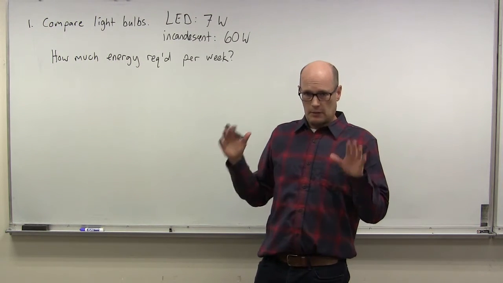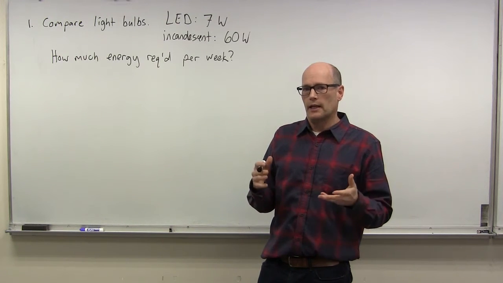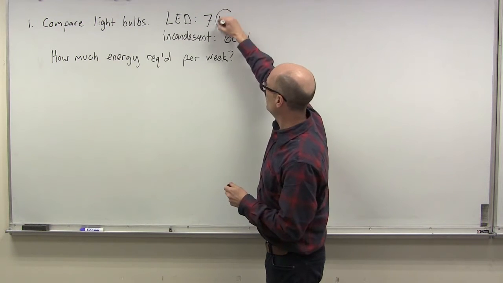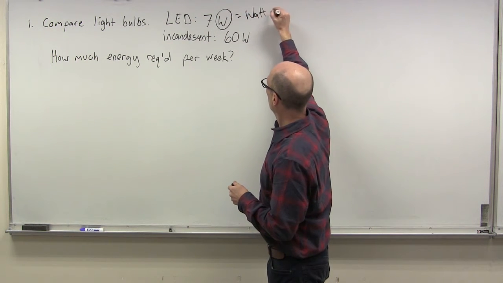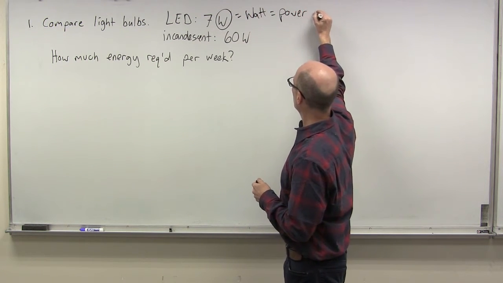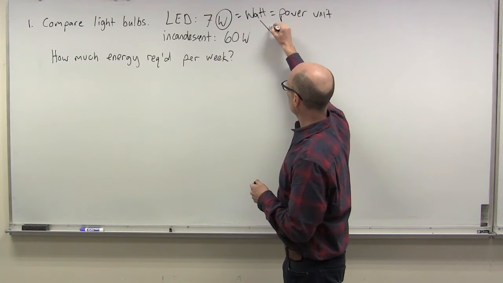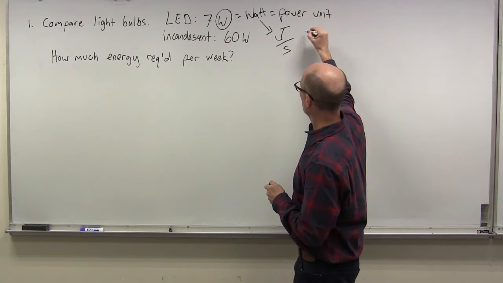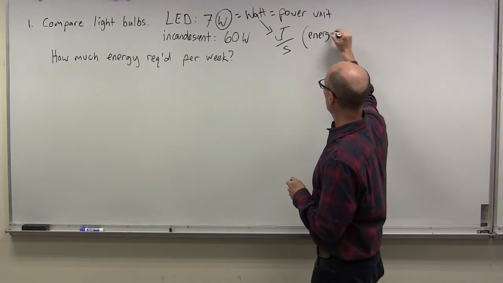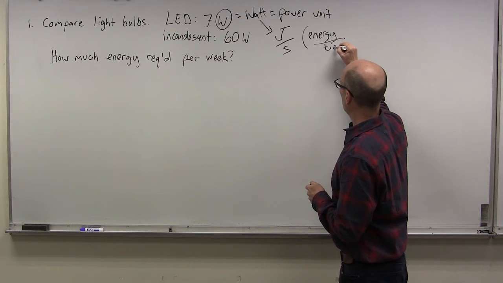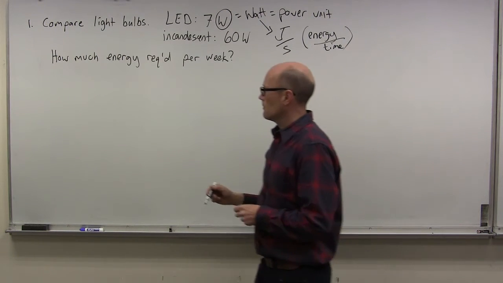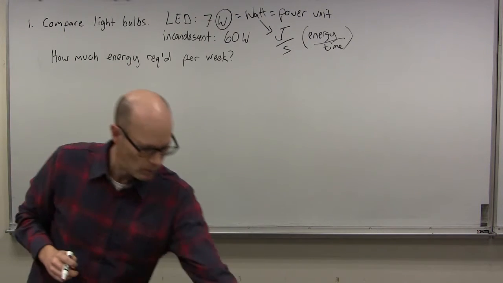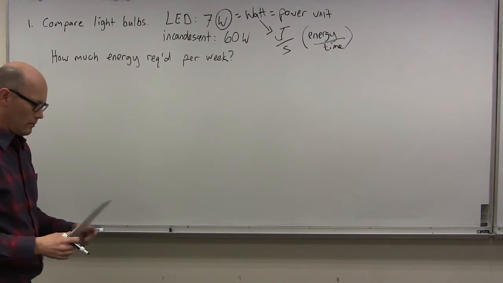So as I have explained in class, you always want to ask yourself, what do I have, what do I need? In this case, this is the information that we have. We have a power. So remember, watt equals power unit, and that's equal to a joule per second. So that's energy per time. And then in this case, we know we got a whole week going on. So what we'll do is we can start by doing